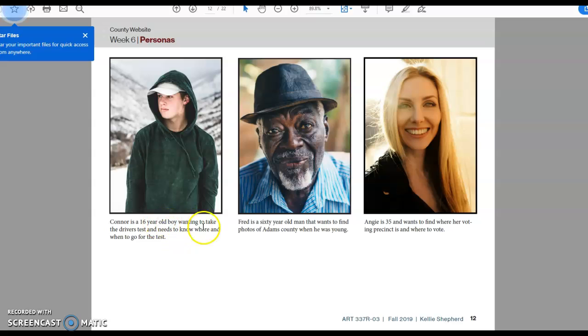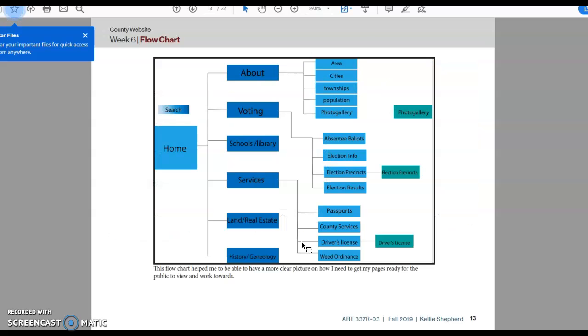A 16-year-old boy wanting to take a driver's test needs to know where and when to go for the test. Fred is a 60-year-old man that wants to find photos of Adams County when he was young, and Angie, who's 35, wants to find her voting precinct and where it is. This is my flow chart that I thought would be a good way to make everything